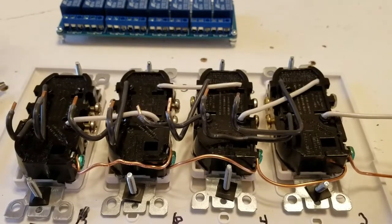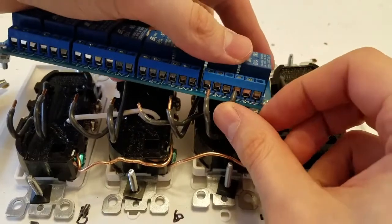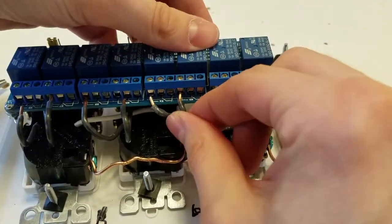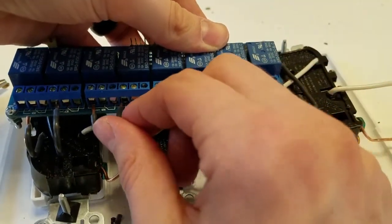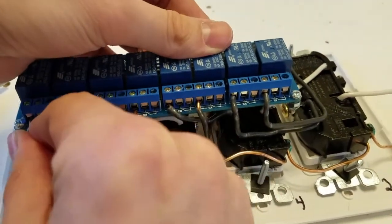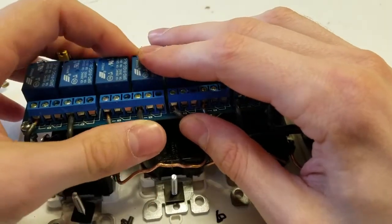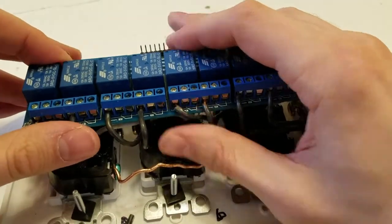So I've got this relay now. I'm just going to fit it in as best I can. And these have to be worked in some of them. And anyway, once most are in, oh, it looks like it still needs to go in. Then we'll just tighten the screws down